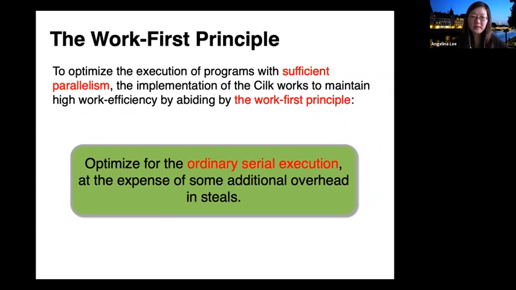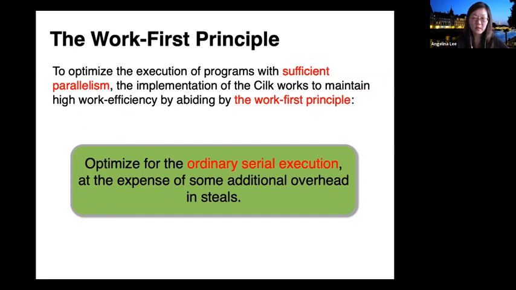Okay. So in the case that I just showed you, it is actually not technically speaking stealing from the top of the stack. It's stealing from the top of the deck. And I haven't really gotten into detail on what the organization of the deck is and what it corresponds to. But roughly you can think of the deck as worker-local data. A deck is what a worker uses to keep track of all the ready work that it is responsible for, including work that contains potential parallelism in the subcomputation that's available to be stolen.